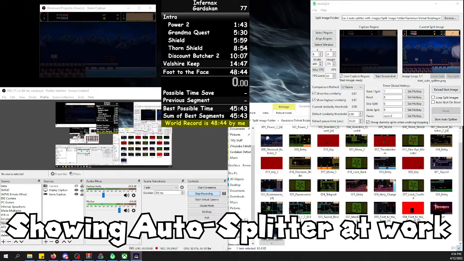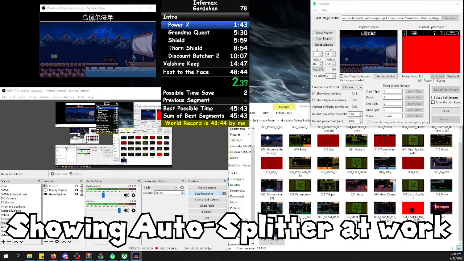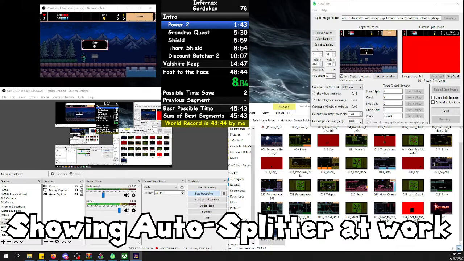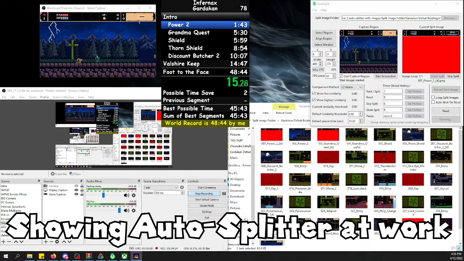Or in this case, it won't because I forgot to press the button, but there you see that the auto splitter started on itself. So now when it sees the red screen,